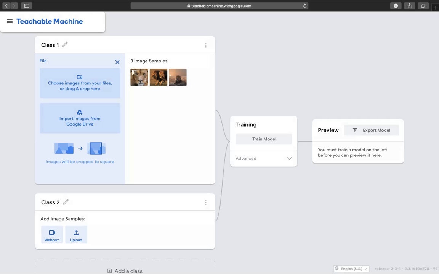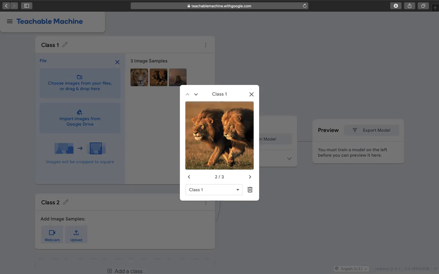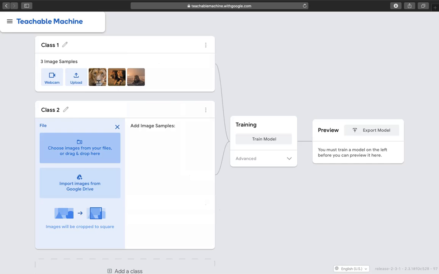So I put up 3 images of lions into class 1. I was tired of cats and dogs. And into class 2, I'll add in 3 images of tigers.